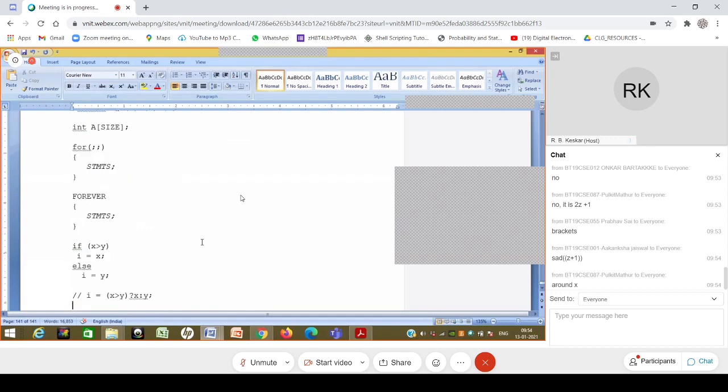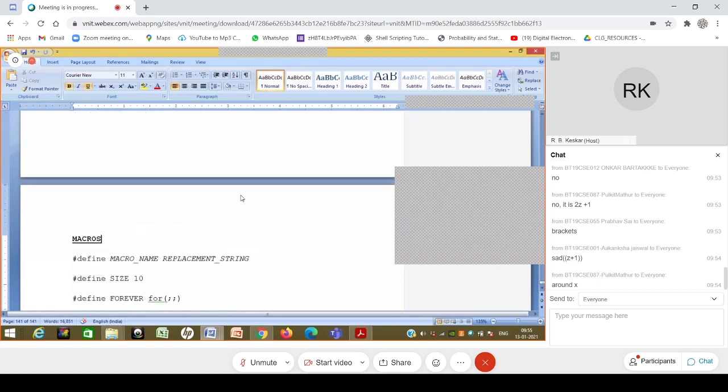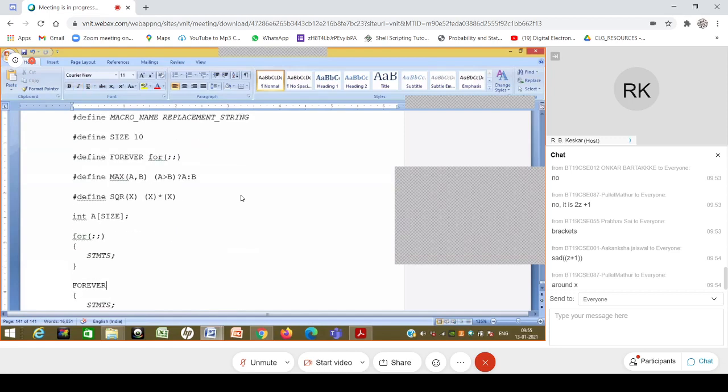And now what will happen is that if I call this, it is square of z plus 1 still, because I'm giving one single value or expression. And then over here, it now puts brackets like this, and now things are calculated correctly. That is the reason one should be very careful, because everything that we pass is an expression. So even in this case, x comma y, what I'm passing could be expressions. They need not be values. So I need to be very careful. Typically it is a habit that every expression has to be put in brackets.